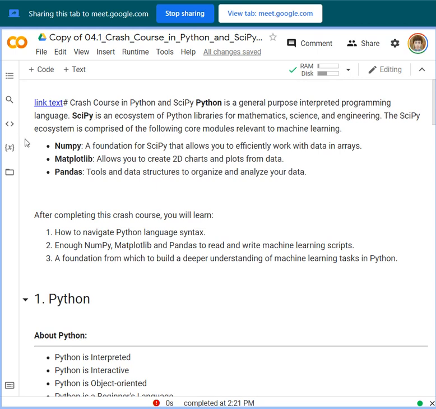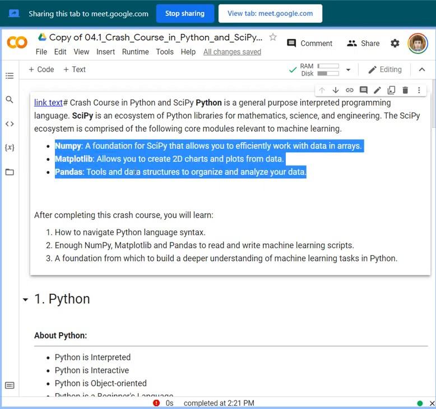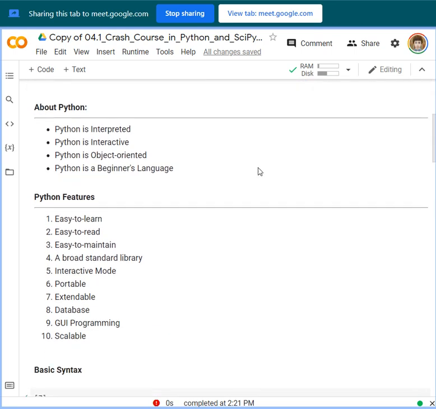The ecosystem for SciPy is comprised of NumPy, MATLAB, Matplotlib, and Pandas. Again, this will be covered later after we are done with the basics about Python.